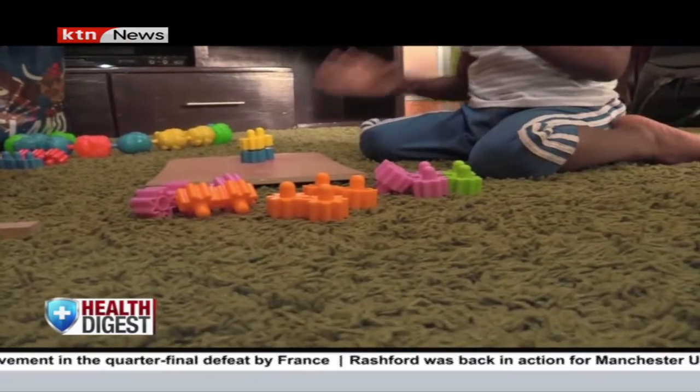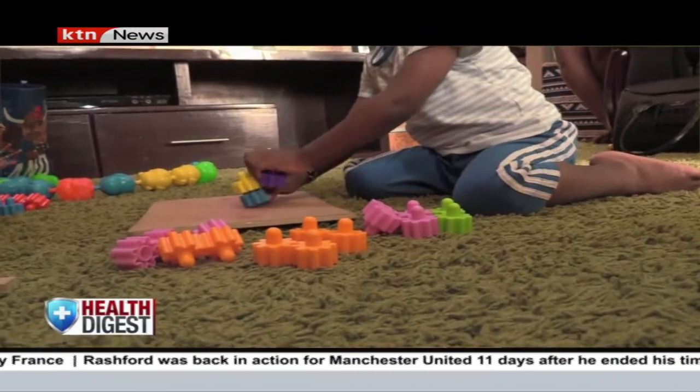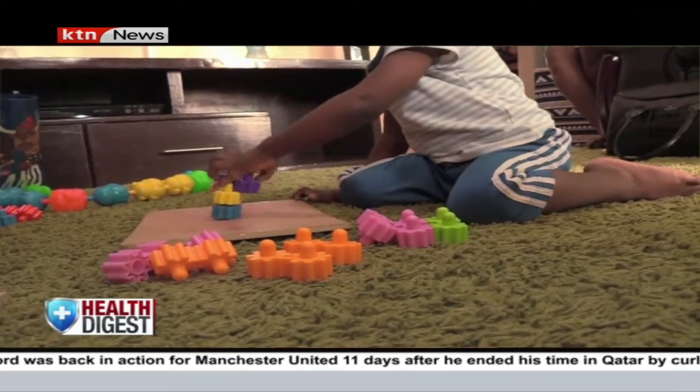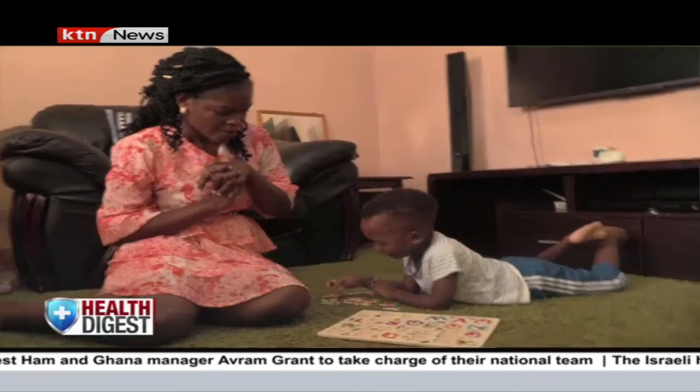Similarly, play is slowly helping improve Imani's outcome. I can say that it has made a great change since we started. He's also yet to do speech therapy, but according to the therapist, she thinks there's potential for Imani to develop speech on his own without the speech therapy, and that is if we introduce him as early as possible to a play group, whereby he'll be around other kids and hear how they speak and what they do. It will fasten it, because as of now he has already started